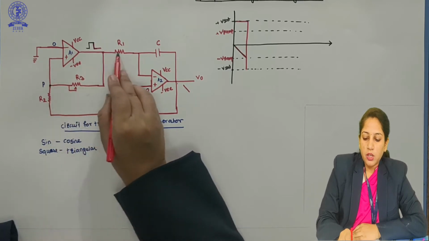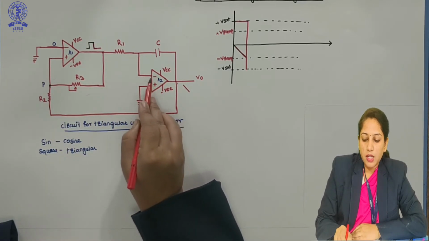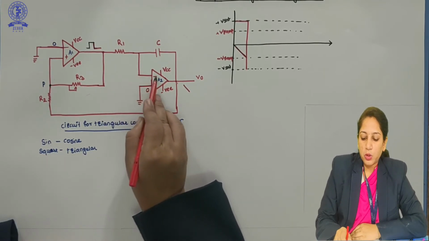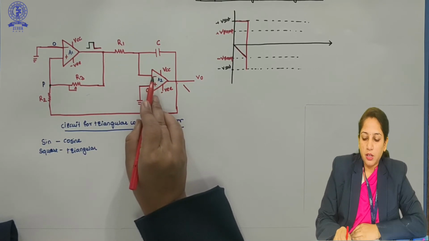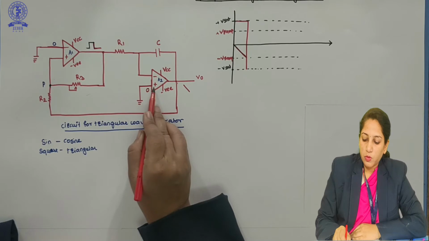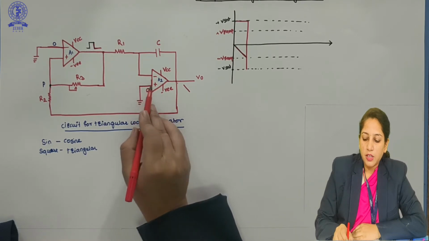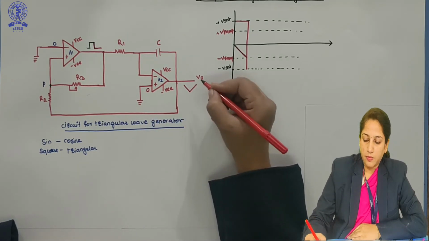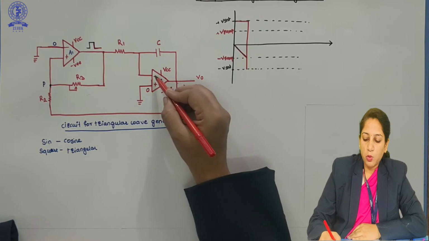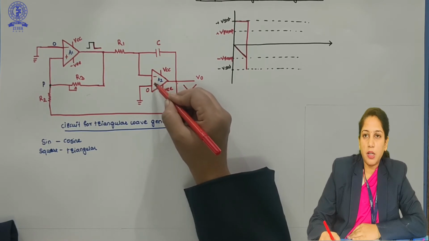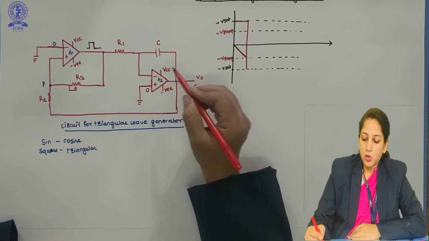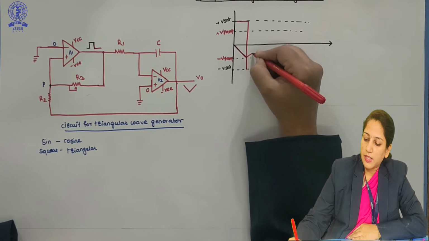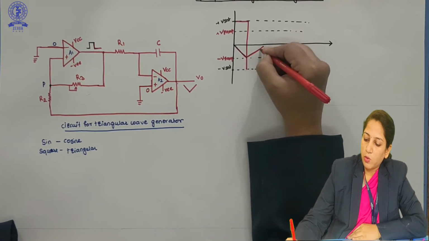So here the output of the first op amp will go into minus V saturation, and as it goes into minus V saturation, a negative voltage will be more on the inverting terminal of the second operational amplifier. As there will be more negative voltage on the second operational amplifier's inverting terminal, my non-inverting terminal will be more positive, because here I will get a negative voltage than the 0 volt. So here again my output will go on increasing. Okay, because the voltage on the non-inverting terminal will be more than the inverting terminal, it will get inverted, and here my positive ramp will again go on increasing.